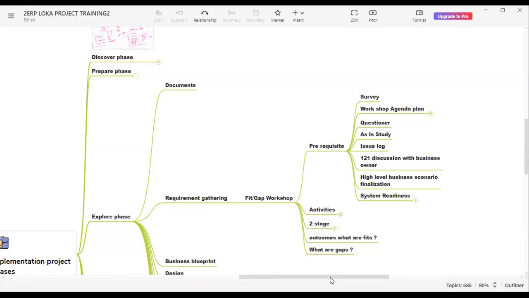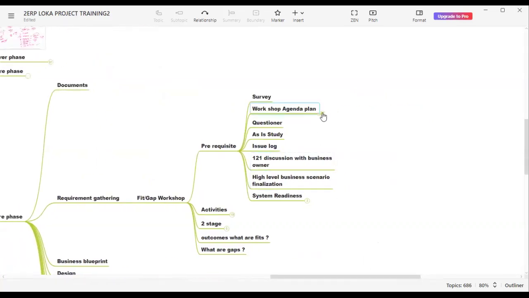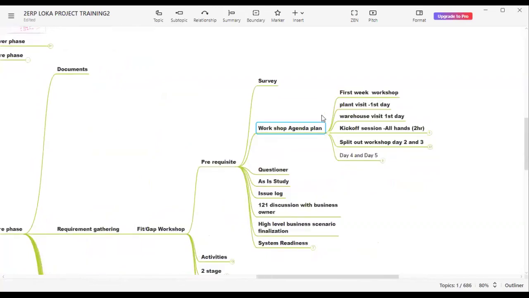Okay, then the actual workshop comes. So what is the actual workshop? The actual workshop is you visiting the factory. In some cases, if the business is in another country, they hire one person onshore and one person offshore.